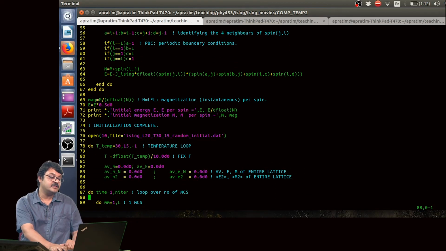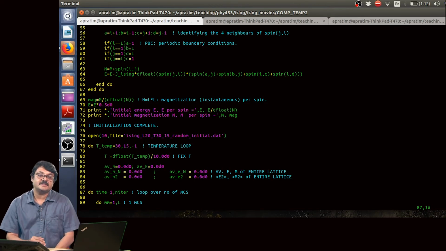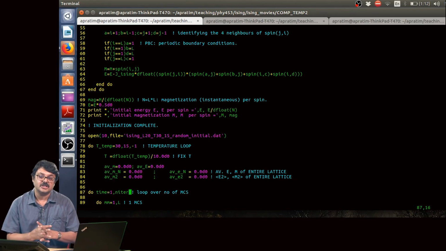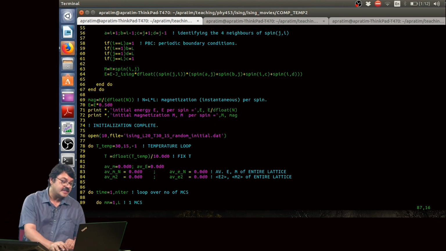Here I have introduced a new loop over temperature, which goes from 3 to 1.5. In addition, at each of these temperatures we have to calculate the average energy, the average magnetization, E square average, M square average, and these quantities at each temperature have been initialized to 0.